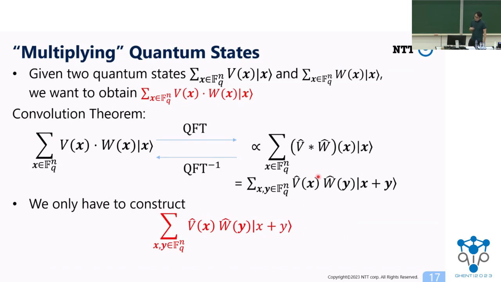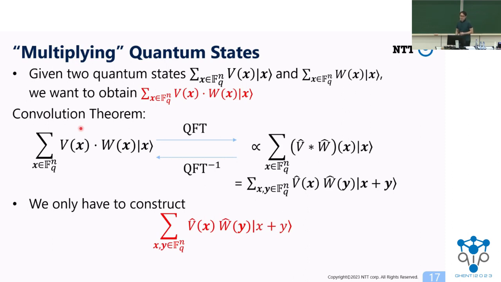So let me explain how to do the multiplication of quantum states. So what we want to do is written here. We are given these two states, and we want to obtain this state. And the useful tool for achieving this is a theorem called the convolution theorem. So this means the following. So suppose that we have this state which we want to construct. If we